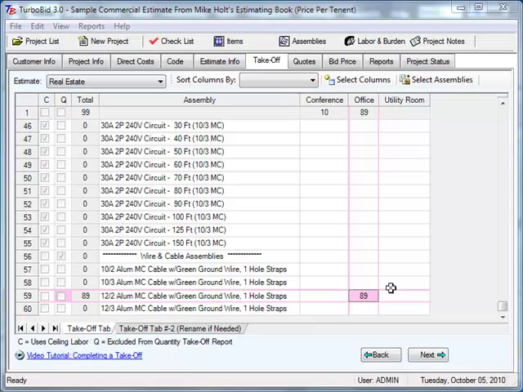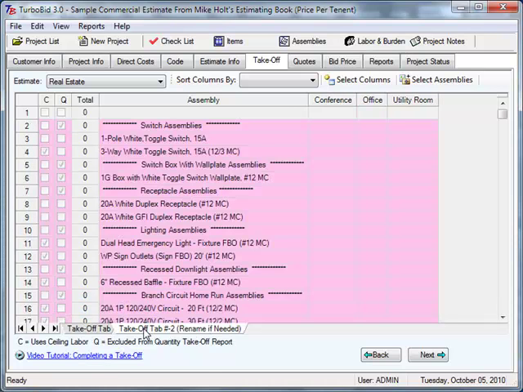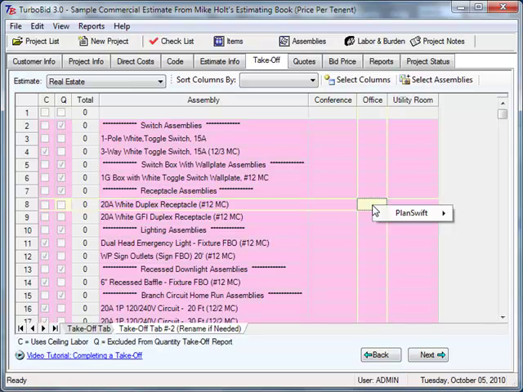Alright, let's take a look at value engineering. So if we went to our second tab, which is our value engineering tab, we can say that we're going to add some receptacles in the office. So we'll simply left click in the office for the 20 amp duplex receptacles, right click, we can do a count add,